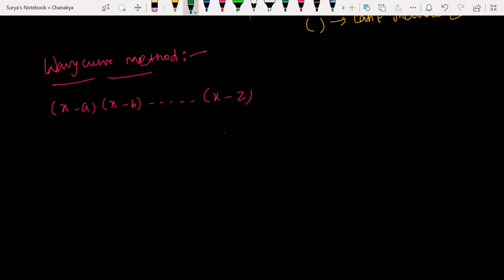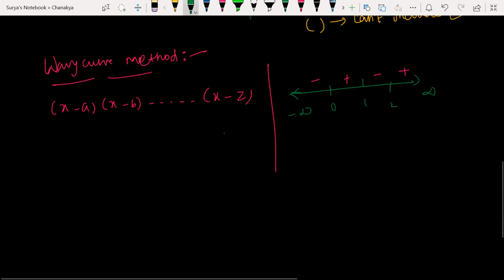Look at this here. By the Wavy method, what we do here is, just now we have written this: 0, 1, 2, and infinite, right? I have written the symbols plus, minus. How did we write that? We just substituted values in between in the f of x function, and we decided the symbols. Every time we do not need to decide like that.